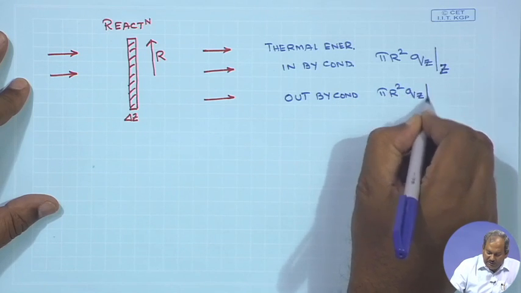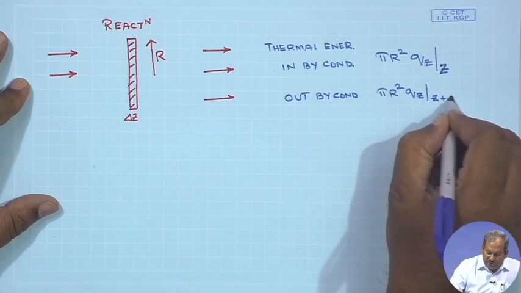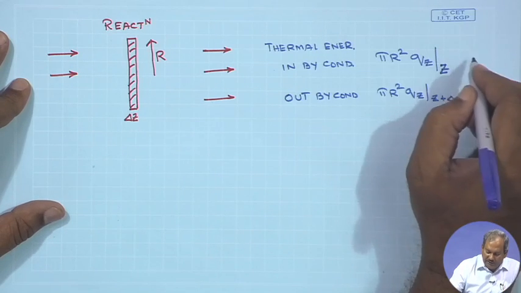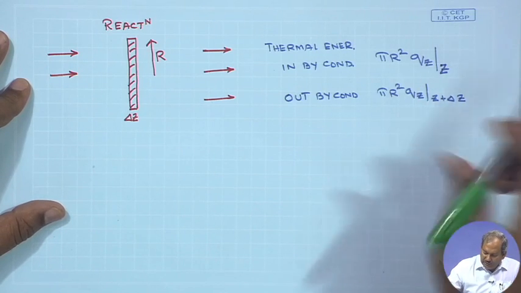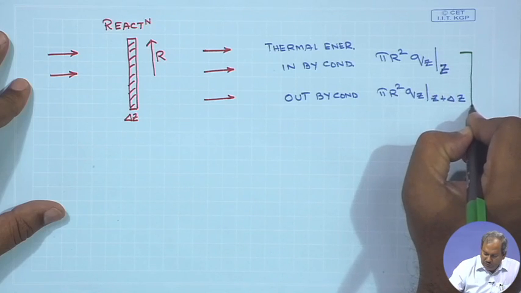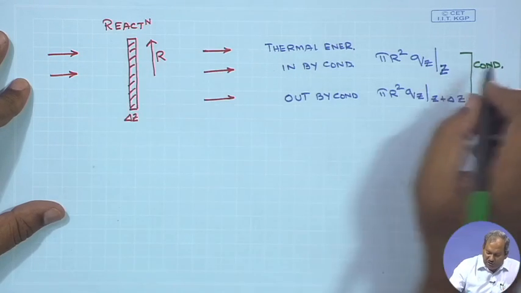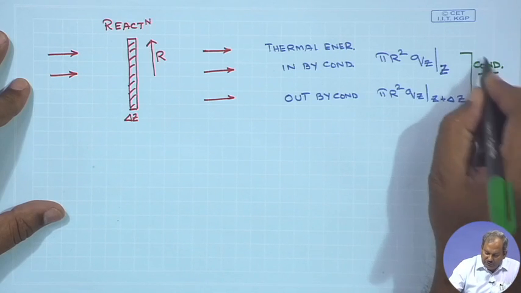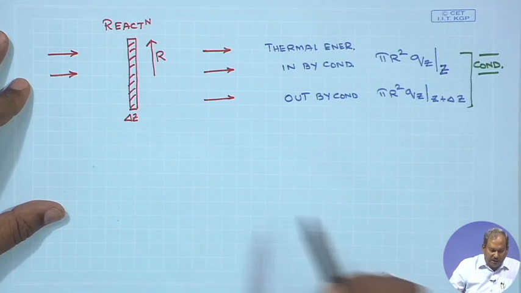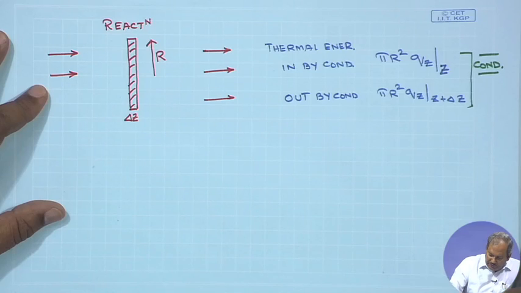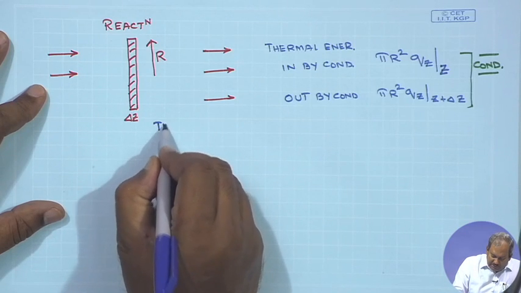However, Q Z is now evaluated at Z plus delta Z. So, these two therefore refer to the flow of heat into this shell due to conduction. So, these two terms are due to conduction. And next we would see what is the thermal energy